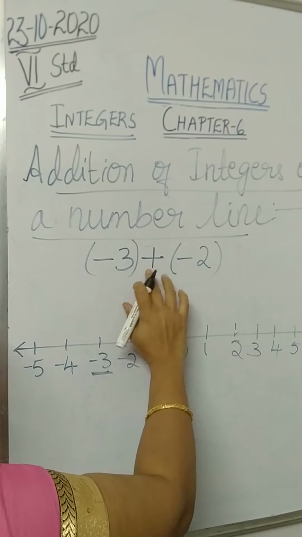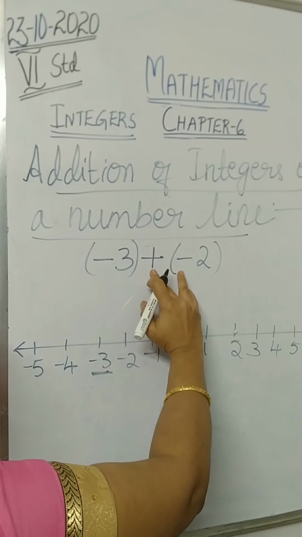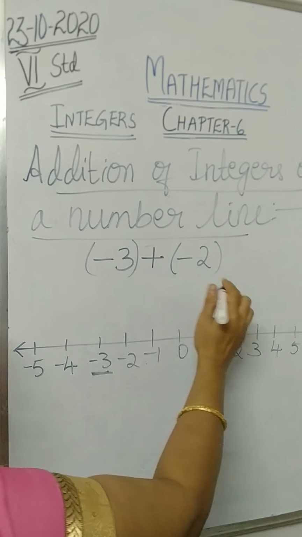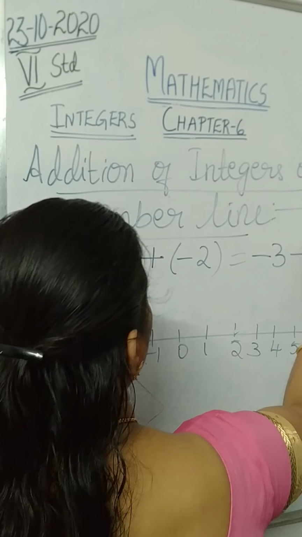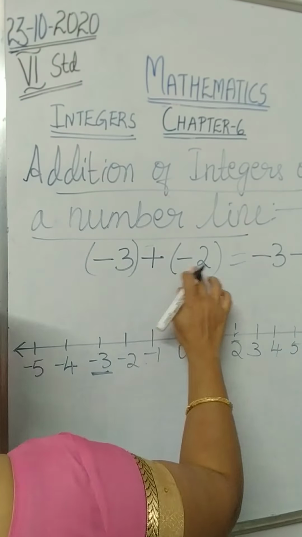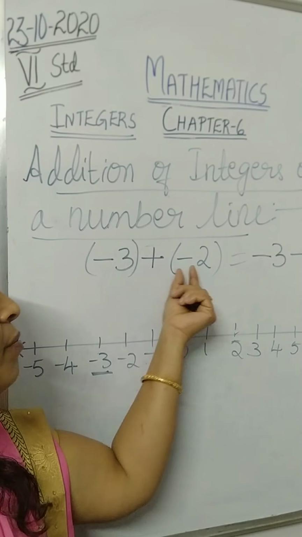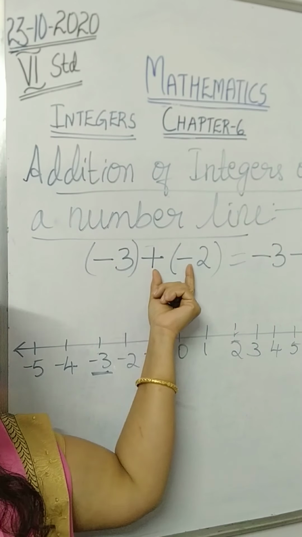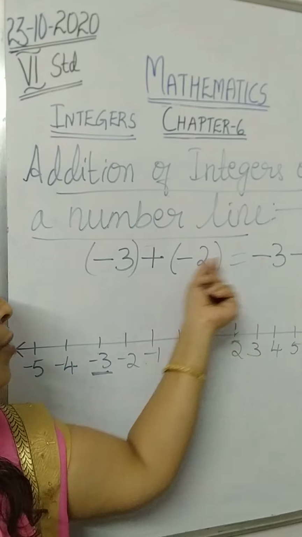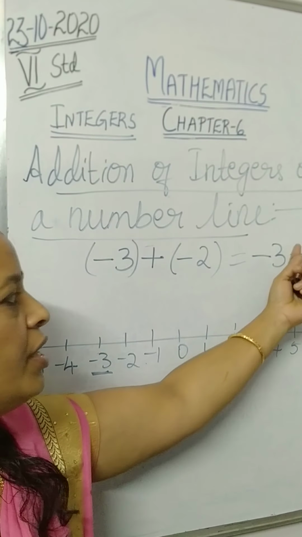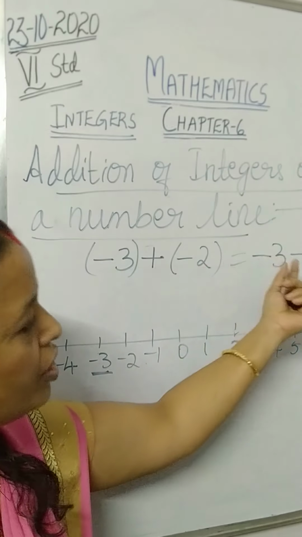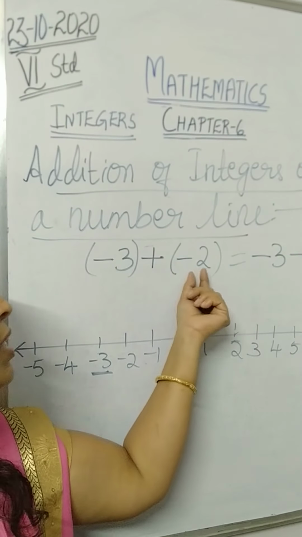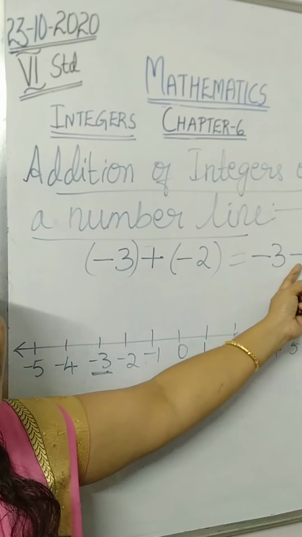Then as I told you, there are both the symbols here, plus and minus. So it will be minus. So minus 3 minus 2. Did you understand why did I write minus? When you have plus and minus together, you have to write it as minus. Suppose you have minus and minus, you can write it as plus. Suppose you have plus and plus, you can write it as plus. When the symbol is different, you have to write it as minus.